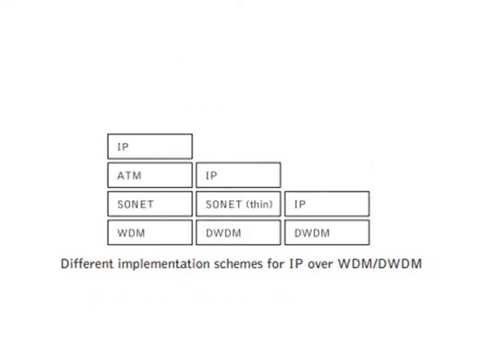How has Internet protocol been implemented over different layers, and how has it changed from one generation to another? Initially, the first generation used ATM to carry IP packets. So IP over ATM has proved not to be an efficient technique compared with the direct use of SDH or SONET. Why is IP over ATM not efficient?